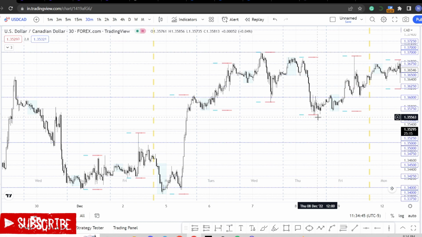If you lose the first trade, take the second trade. You lose the second trade, take the third trade. You lose the third trade, take the fourth trade. Why do I repeat this? Because you can lose one, two, three, four, five times. If you have a very good strategy, you realize that taking 1 to 2 risk to reward,